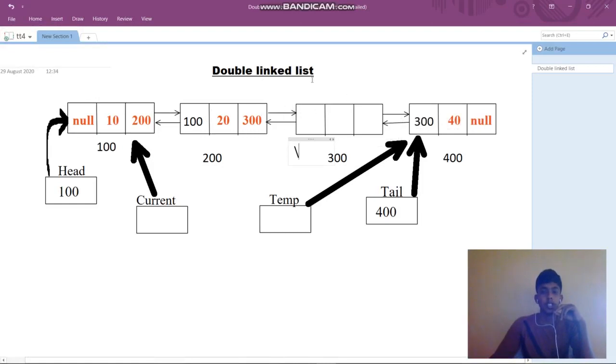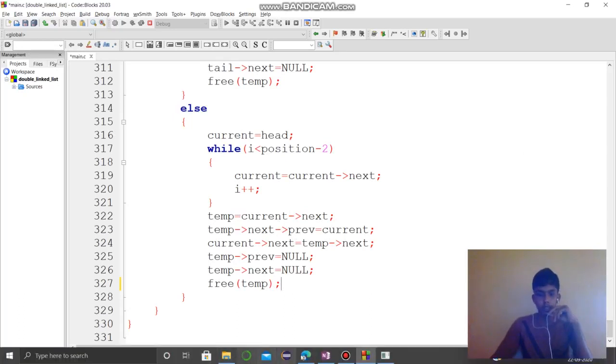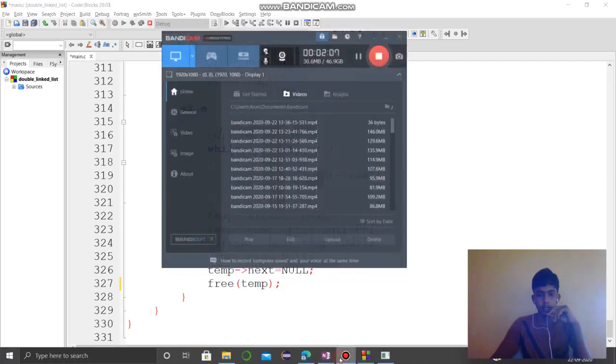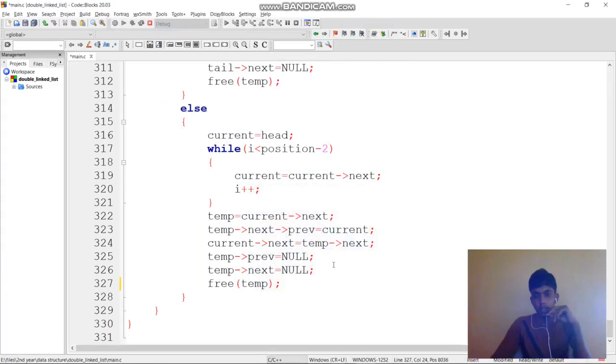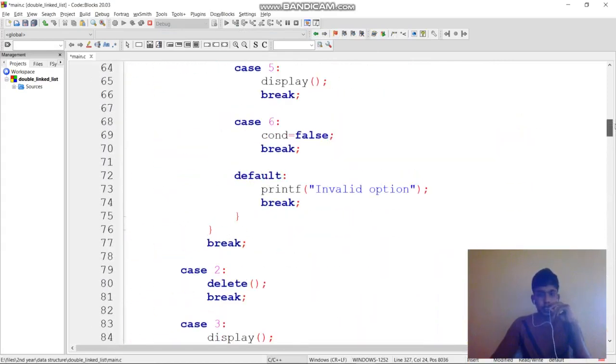So this points to here, and this points to here. After that, it will be in that form. So this is the deletion operation at a particular position.